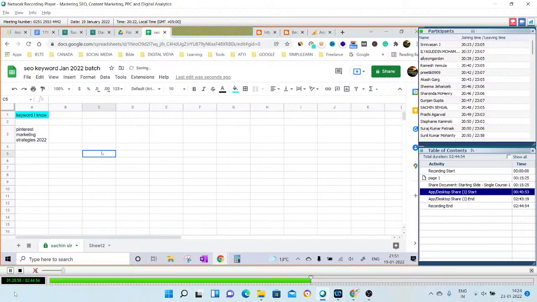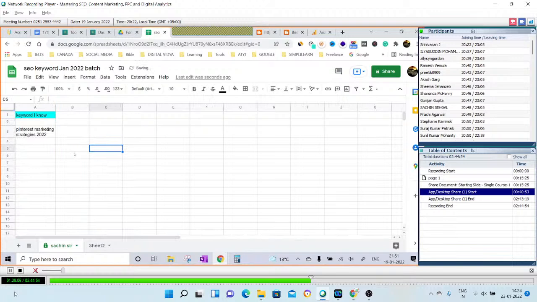Okay, so this is something they already know, and now they have hired me. So what would be the sequence of work? The very first thing is the keyword they know. They have told me, and now I have to research the keywords first. Then, with the help of tools, I have to find the number of times the keywords have been searched, and the number of people searching them. From an SEO point of view, how easy or how difficult it is to rank.